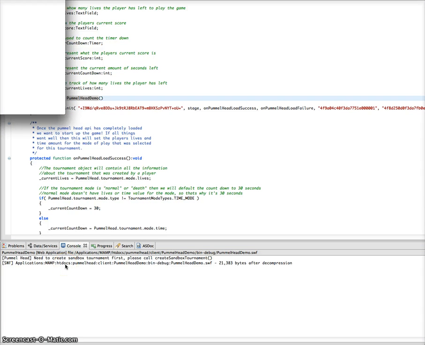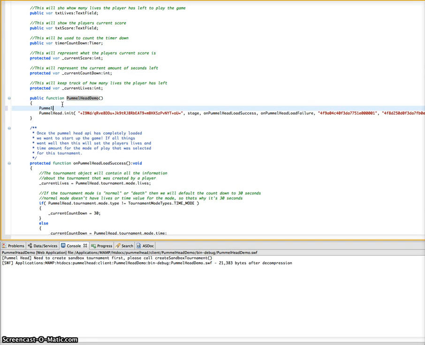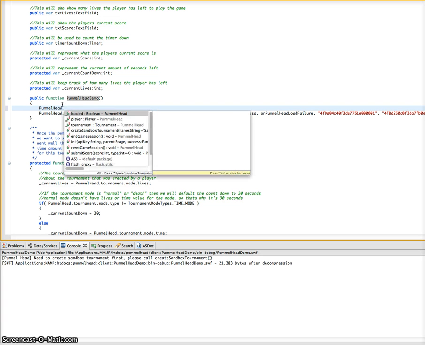Okay, so now with the latest version of the API, it now traces out a whole bunch of information so you know what's going on in the debug console inside the API itself. So the first thing here, you can now see a new message from Pummelhead: you need to create sandbox first. Please call create sandbox tournament. Okay, so now there's another new function in the Pummelhead API, which we can simply access using Pummelhead and to